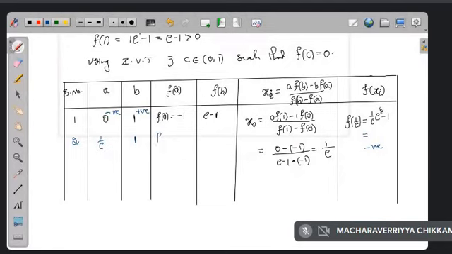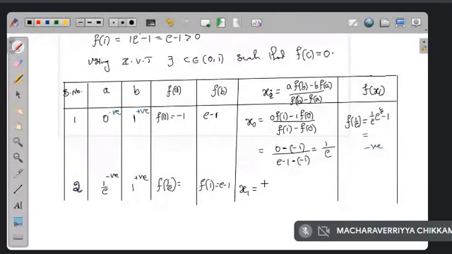So now you need to write what is f of 1 by e, right? And f of 1, and use it to calculate x one. Second one, the new interval is 1 by e. Here it is negative, here it is positive. So you see what is f of 1 by e, and you write what is f of 1, that is e minus 1. And you calculate x1. Now the formula for x1 is going to be